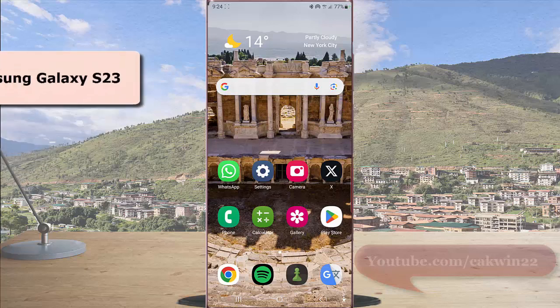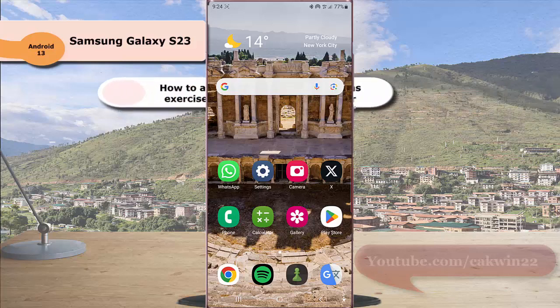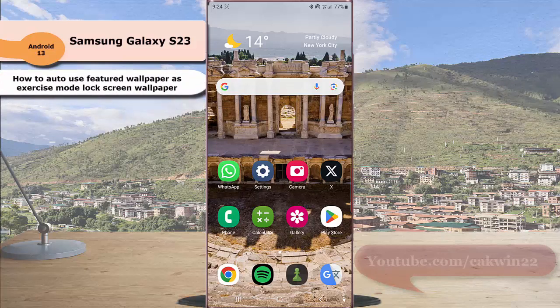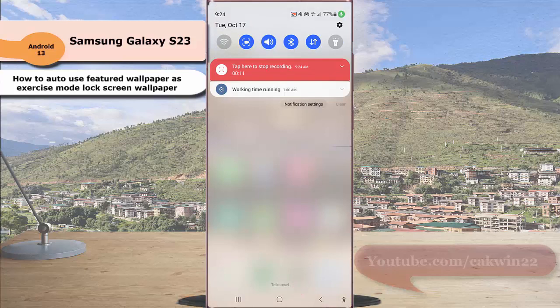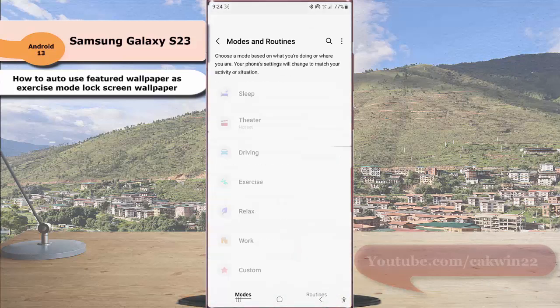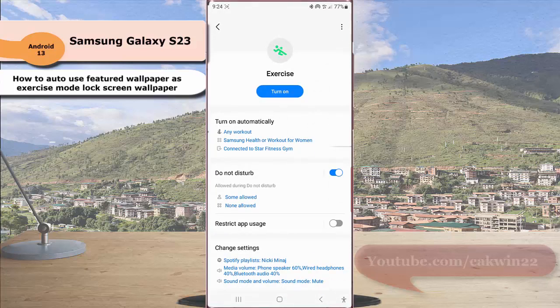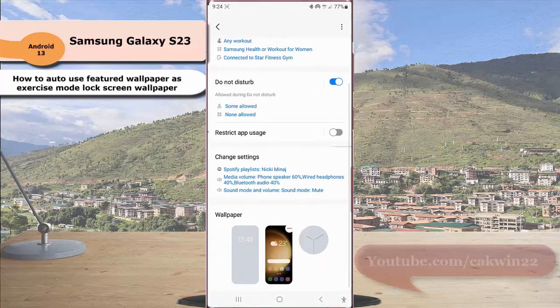To auto-use feature wallpaper as exercise mode lock screen wallpaper in Samsung Galaxy S23 Ultra, swipe down the top of the screen and then tap setting icon, tap mode and routine. While you are in the mode screen, tap exercise, scroll down the screen. Under wallpaper section, tap lock screen thumbnail,